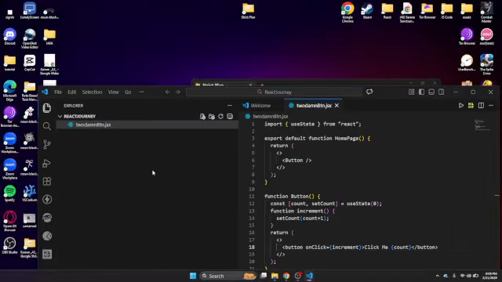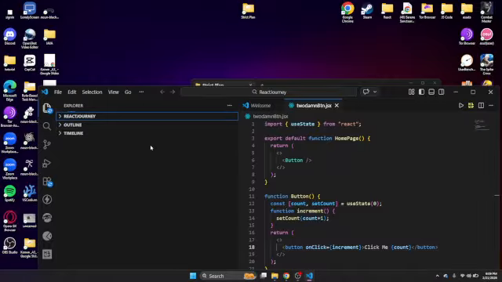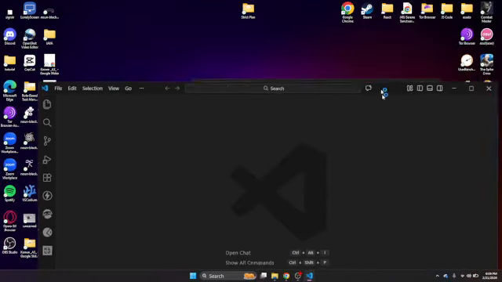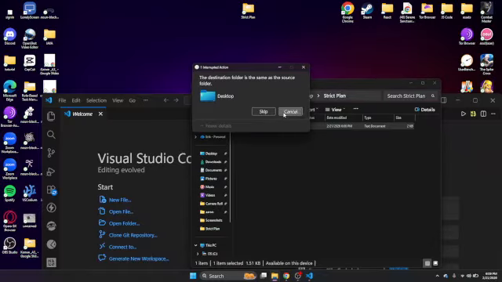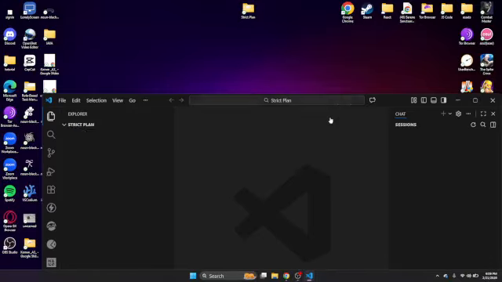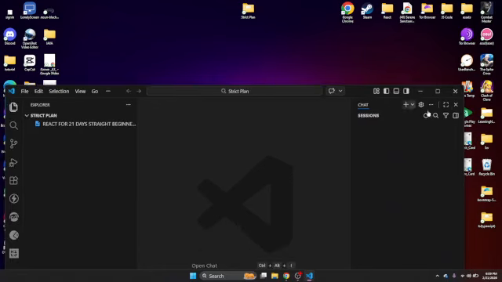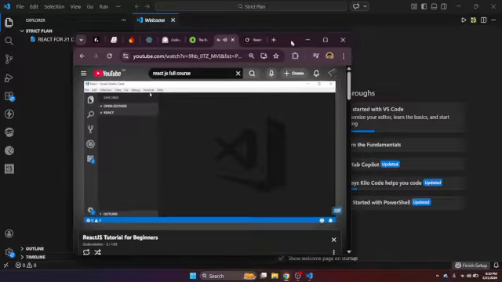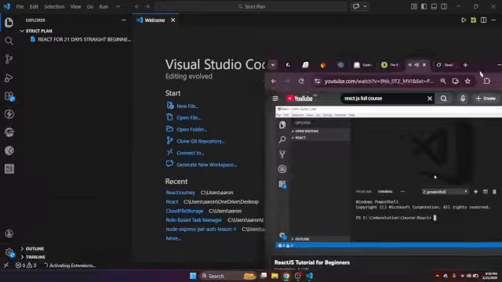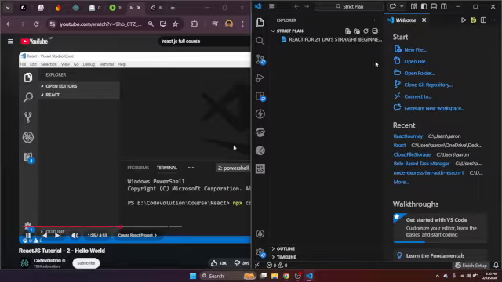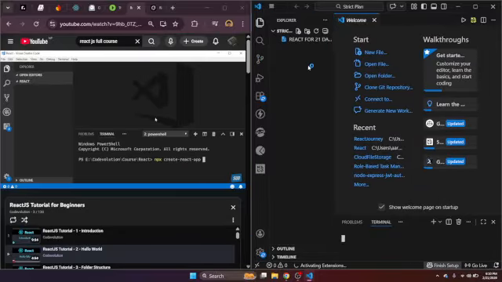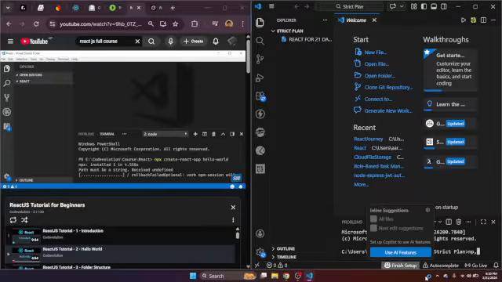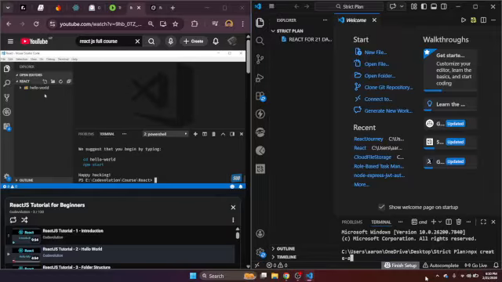Now, to create a new React application, we will be making use of Create React App. Create React App is a command line interface tool that allows you to quickly create and run React applications with no configuration. What that means is you simply run a command and an entire React project is created for you. So back in VS Code, open the integrated terminal and run the command npx create-react-app followed by the name of the project. Let's call it Hello World. Once the command completes, you should have a new folder called Hello World. To run this application,